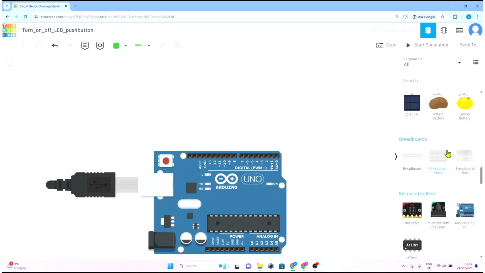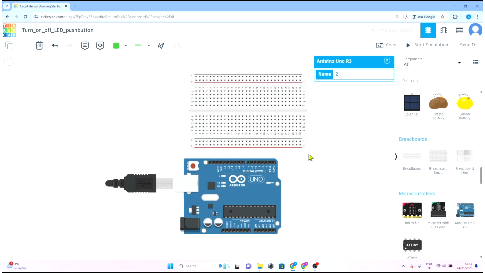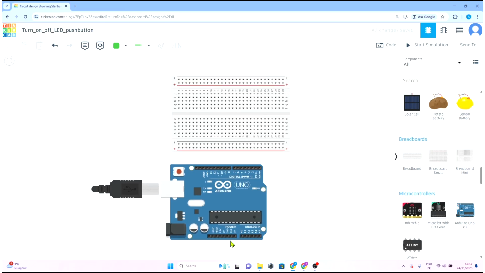Add a breadboard, the small one. Always connect the GND to the minus wheel of the breadboard and the 5 volts of the Arduino